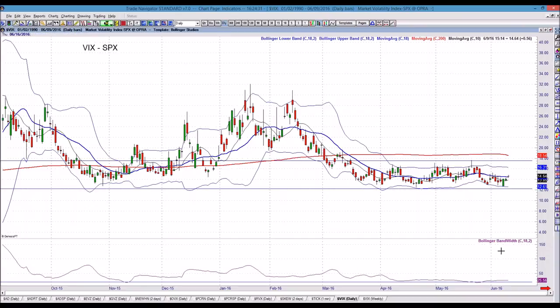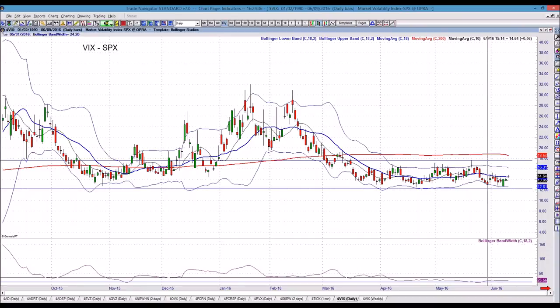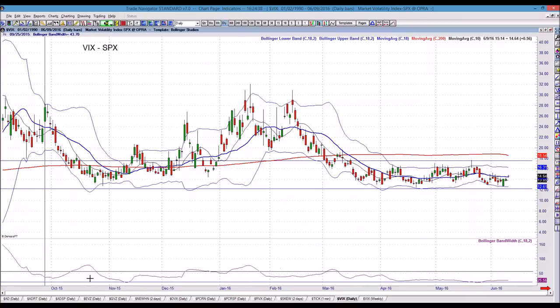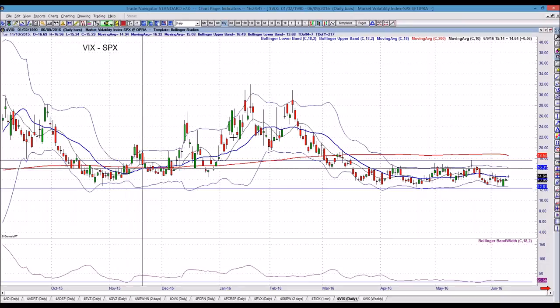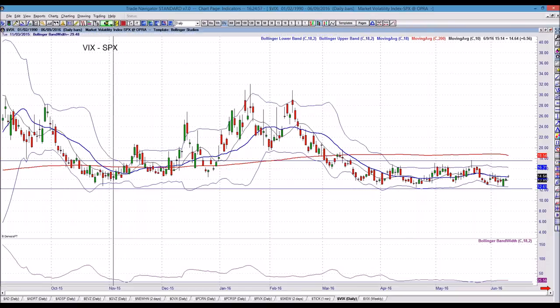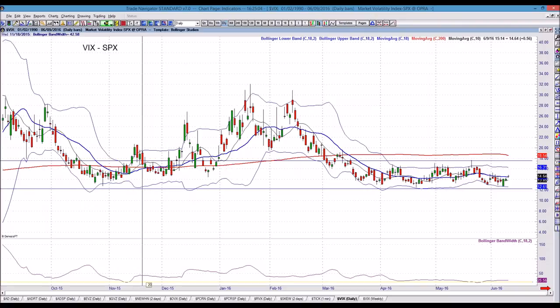But the other thing that's important with the VIX in my estimation is bandwidth. I'm looking at an 18.2 bandwidth. Do you see the blue line? Look at the blue line here. When you get a real low reading in the VIX and a real compression of Bollinger Bands like this kind of pinch, it leads to an expansion of volatility. Do you see the expansion of volatility here that followed from November? In November we got a pinch in the Bollinger Bands, and look at what happened here. We hit this blue line here, which I'm trying to remember what this is. I think it's 20. Yeah, it's 20.